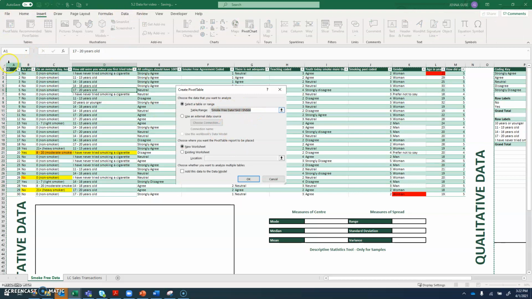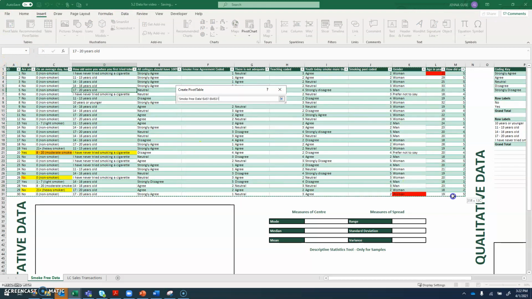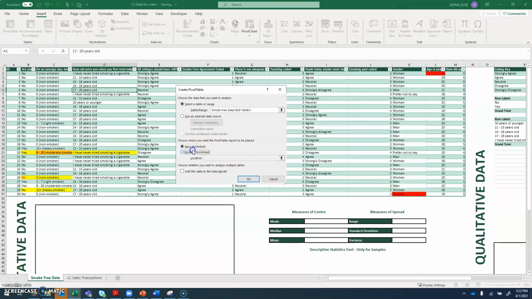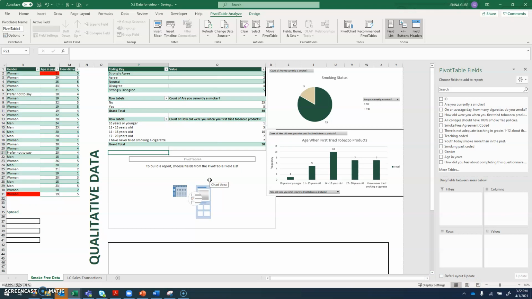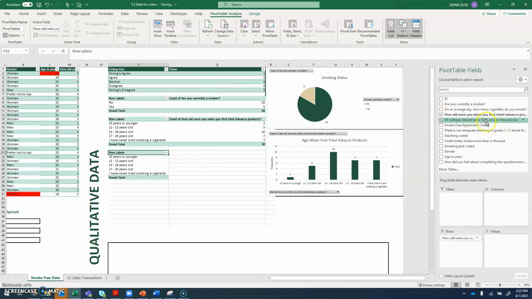So I'm going to start with another pivot table, select my relevant tabular range, and put the last pivot table in my existing worksheet again. This time I want to show you guys how to focus on two variables. So I'm still going to use how old were you when you first tried tobacco products, basically make the same